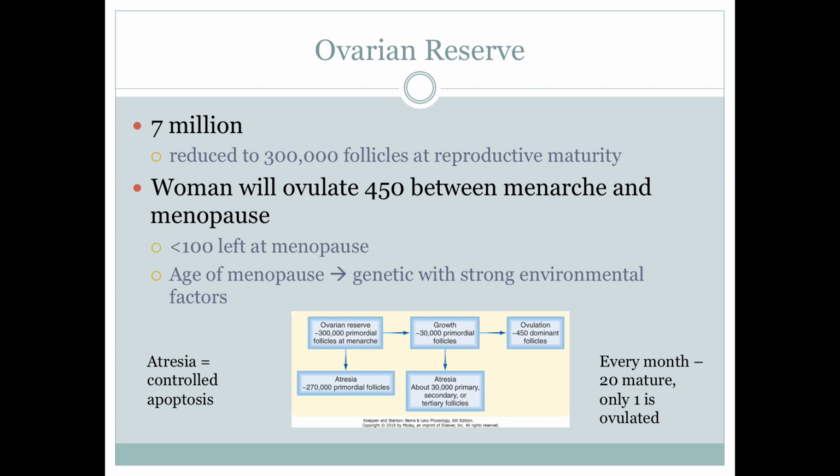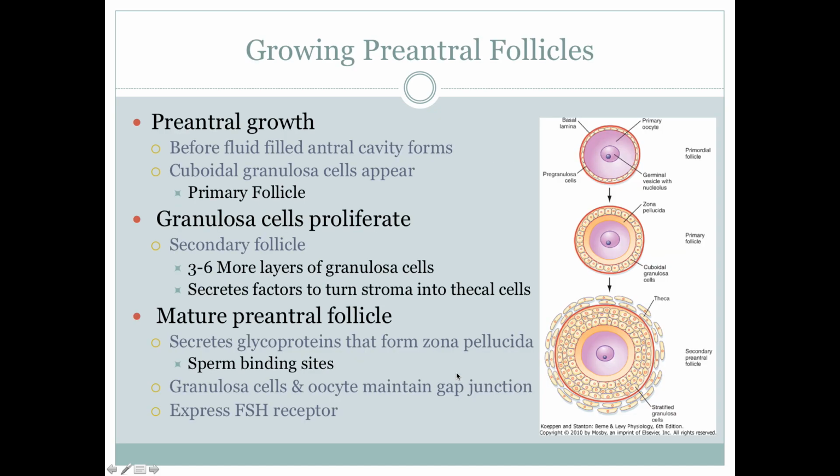All right. At that reproductive maturity I mentioned, so when females are at their prime age, so 16, 14, that's when females have the most success with becoming pregnant really easily. And that's because about 20 mature together every month. So about 20 follicles, when FSH is released, they start growing and maturing. The one that gets the biggest, that's the only one that's ovulated. So the rest, they just die through this atresia process. So they just didn't make it.